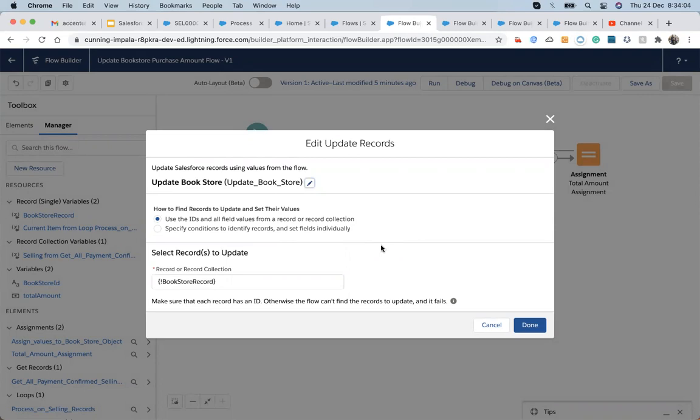It has only two things available. We have to use only variables for that. We can't use any screen object for updating the record. So that's why here I just come up here, and whatever values are present in my variable, which is an object, I just put that variable